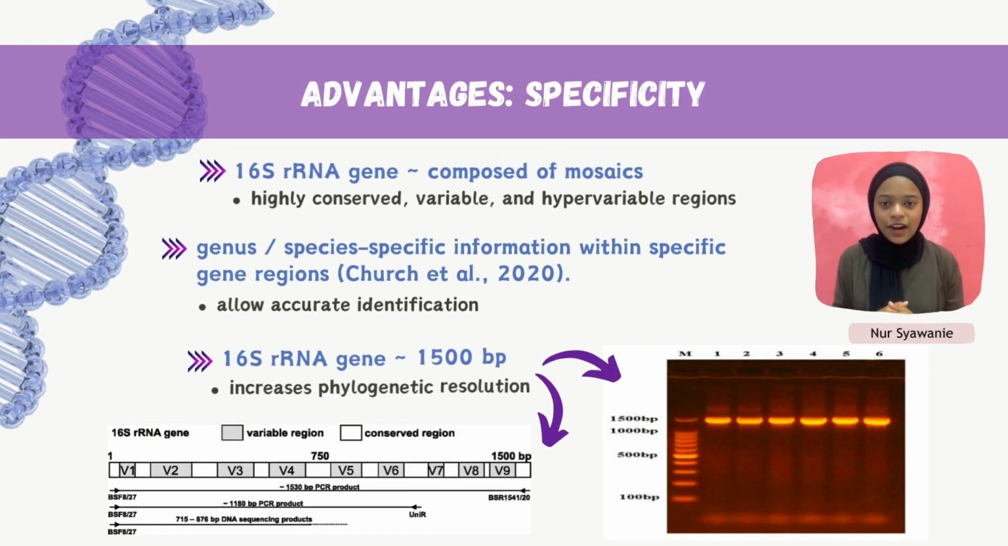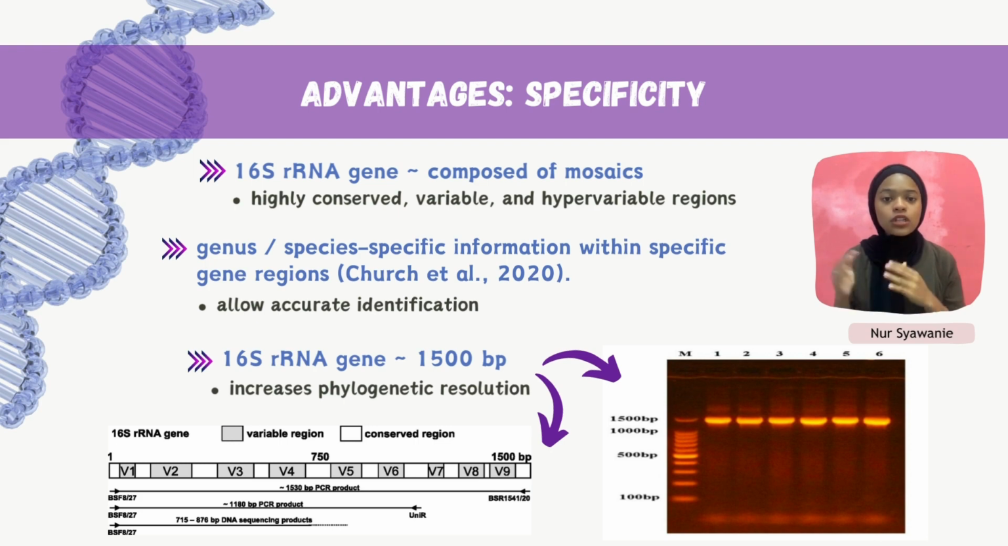The 16S rRNA gene sequencing can provide specific identification of Brucella isolates due to the sequence of the 16S gene, which is composed of a mosaic that includes highly conserved, variable, and hypervariable areas. For some bacterial groups, including Brucella species, the 16S offers genus or species-specific information within specific gene regions, allowing accurate identification. Also, the 16S rRNA gene in bacteria is around 1,500 base pairs long, which could provide more information that